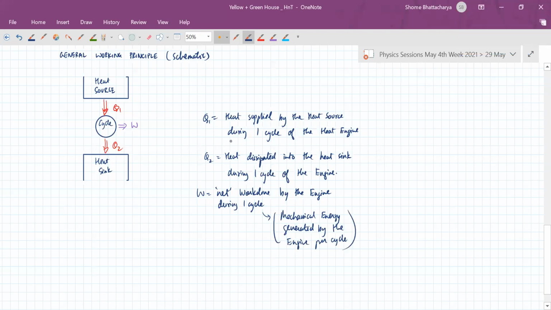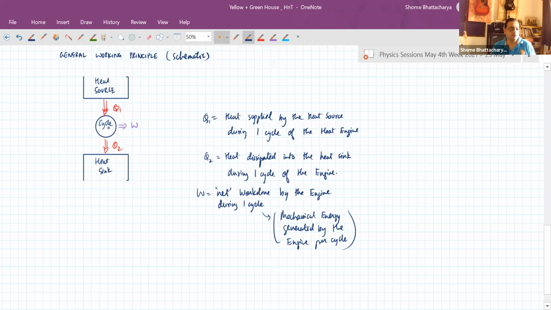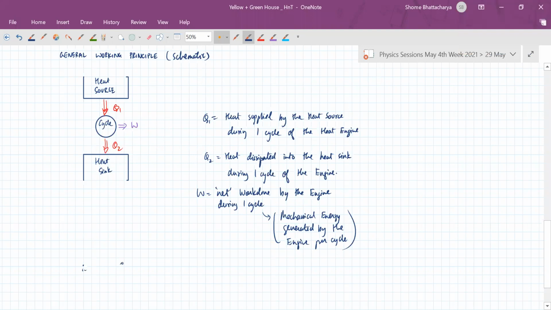So every time the engine goes through one cycle of its process, this thing is repeating. Q1 amount of heat is extracted from the source and supplied to the engine. W amount of mechanical energy or work done by the engine is extracted from it, and a certain percentage of that Q1 supplied gets dissipated into the heat sink, and that is Q2. Okay, so therefore Q for the cycle,